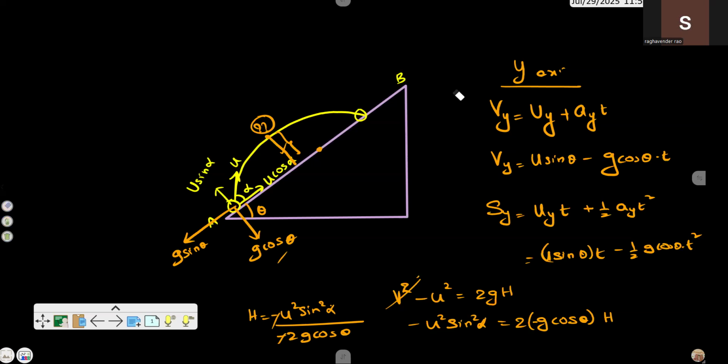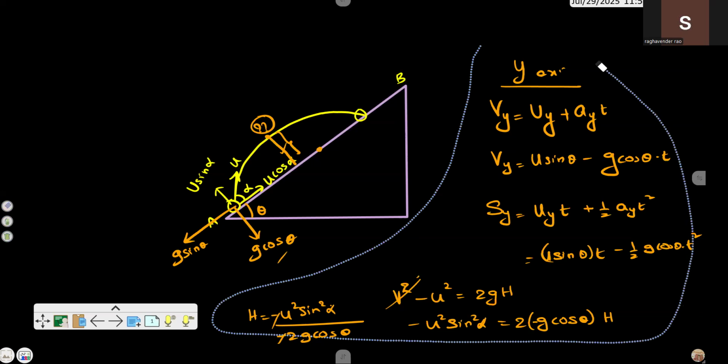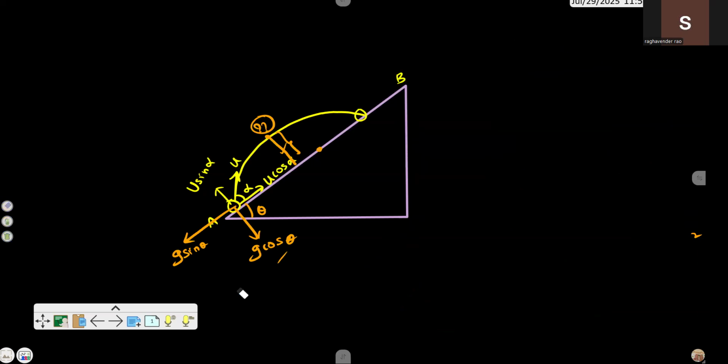Then we can find the expression for time of ascent also. How much time it has taken to reach that point. We can use the first kinematic equation and we can write. Let us take it as some point C, from A to C, how much time it has taken. So time of ascent is equal to